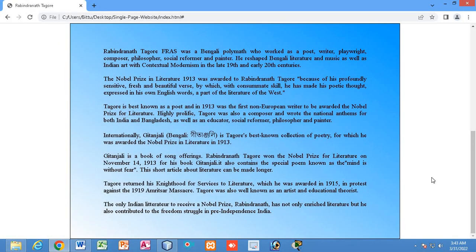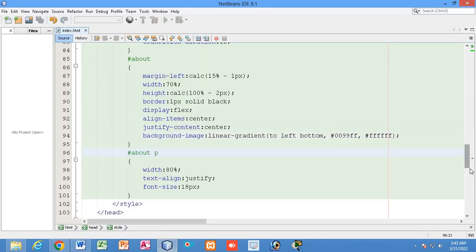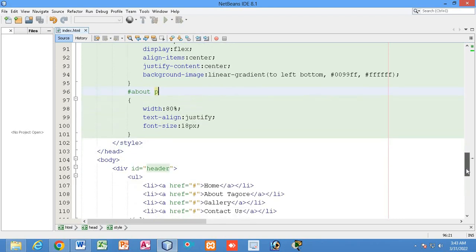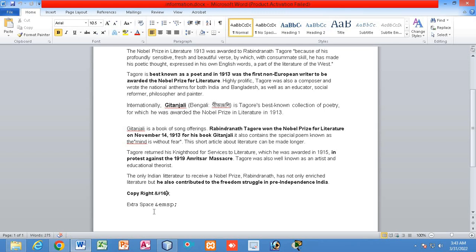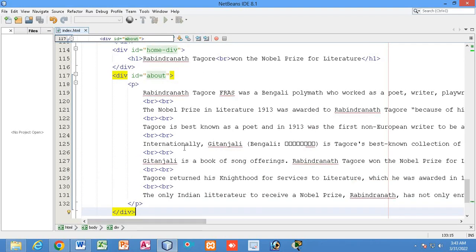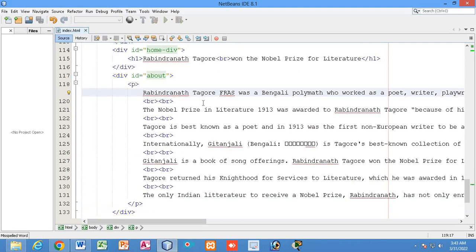So this is how it looks. You can see I have applied the direction. You can also do the same. You can see the combination of two colors, how it looks. Now I will do one thing. I will add some space. How to add some extra space? This is the syntax that you can use to add some extra space. So before each line I will add extra space, this much extra space.